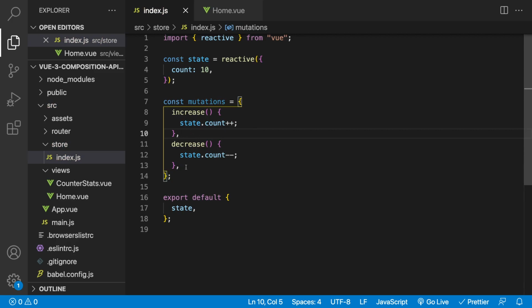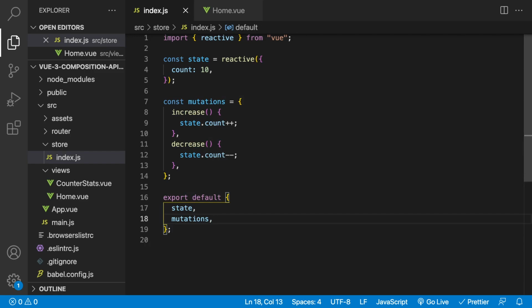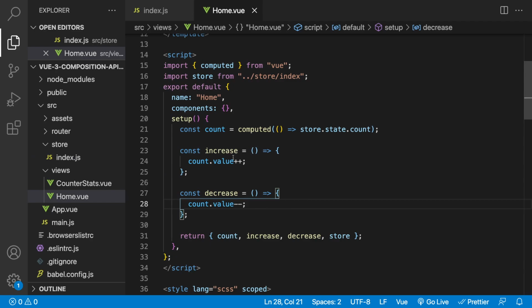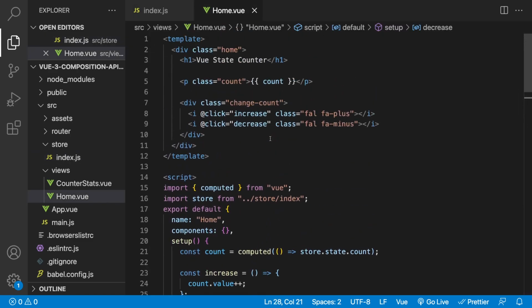Now to use these mutations inside of our files, we once again need to export them here inside of our export default. So we'll say mutations here. So now if we go back to our home file here, what we can do is once again, we have two options of how we can go ahead and call these mutations here. So we can actually call them directly on the click handler here. So we can say